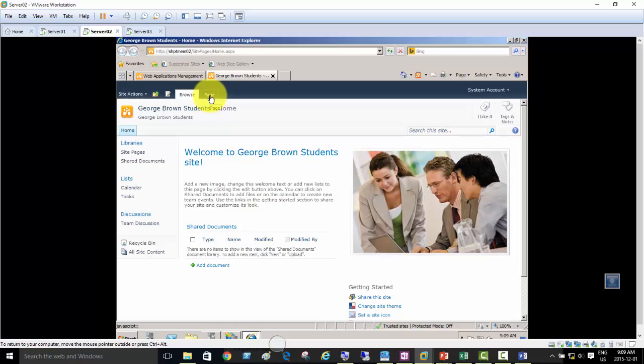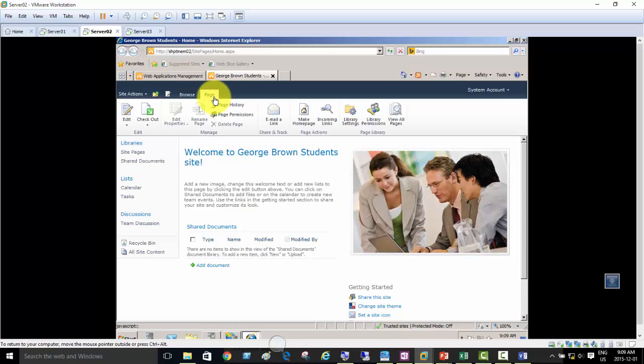So we can go ahead, and if we click this Page tab here on the top, then we see all the options that we can do. Email a link: if you have a messaging environment available and you want to email this link, it should first look for Outlook if it is installed, and then open that send window just to send the link. But we don't have that, so it's going to